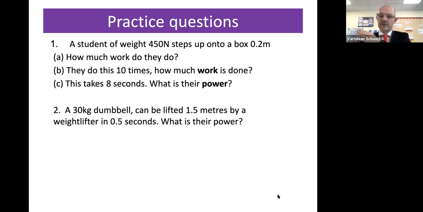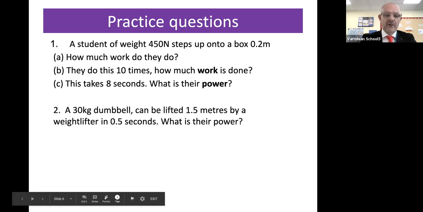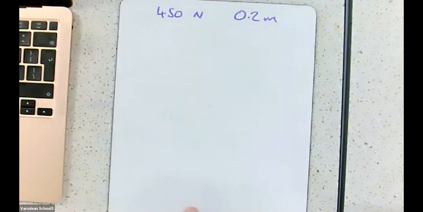Okay, because I'm going to change my screen so that I can show you how I would do that. So just change that and then change that to this camera here. Okay, so here's my